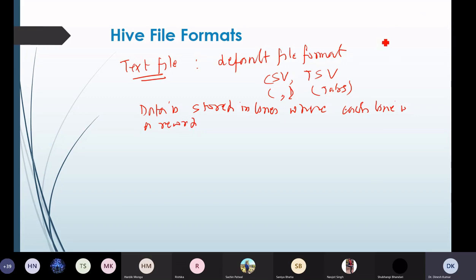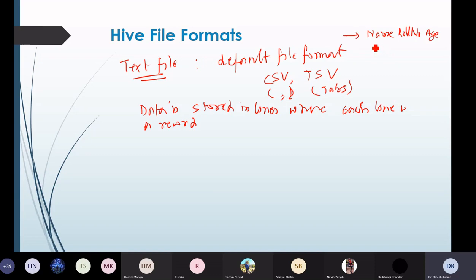Let's say we have a file or table which contains the data of students. Considering only three fields: name, roll number, and let's say age. This is the header of this text file or CSV file.